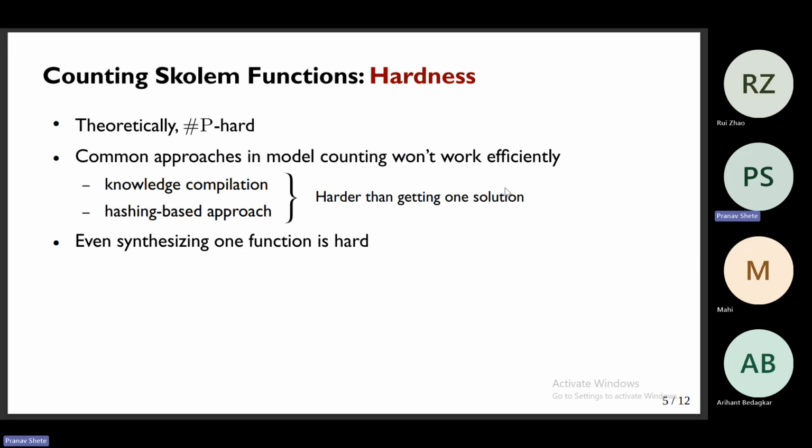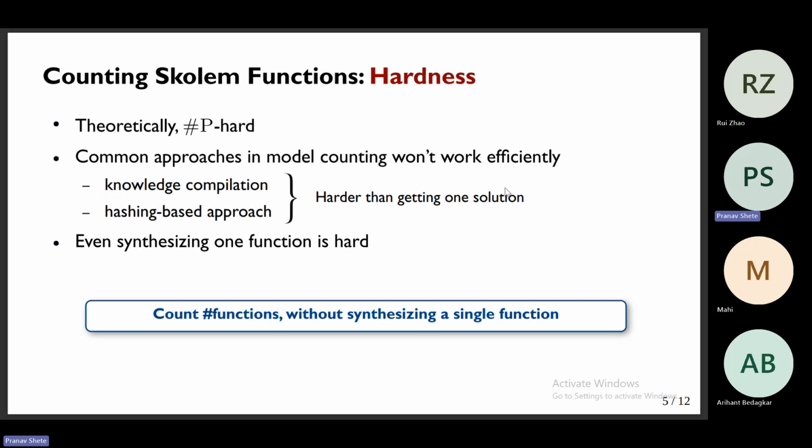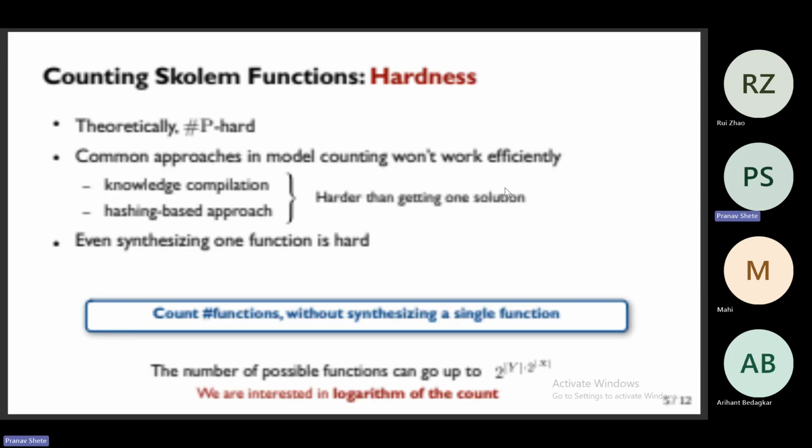So what can we do in this case? The approach we take here is that we will be counting the number of functions without even synthesizing one single function. So how do you do that? Let me come to that. But before that,